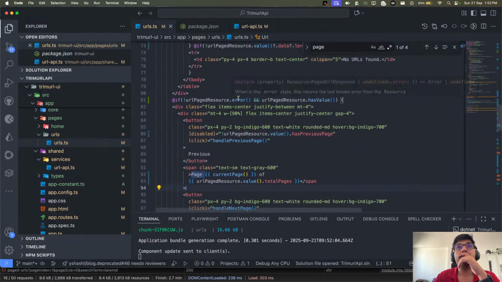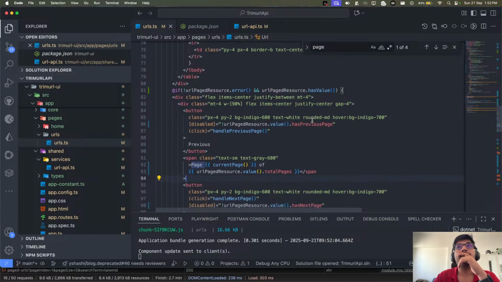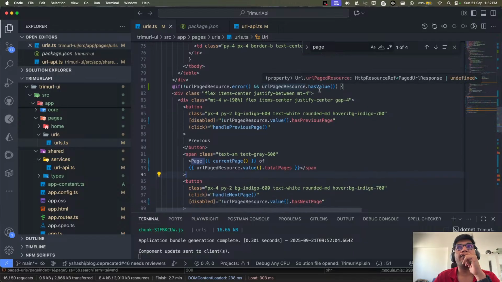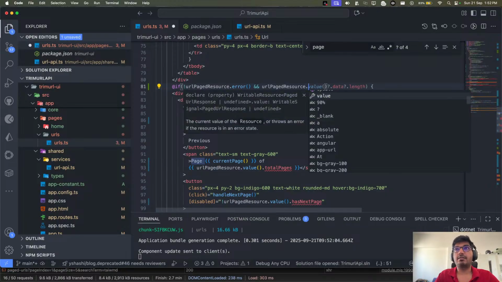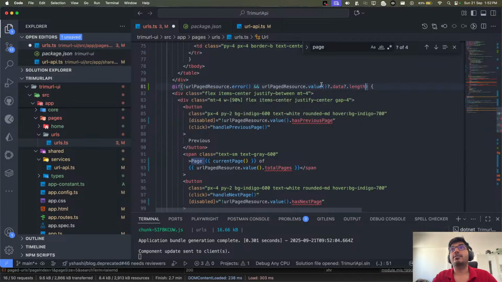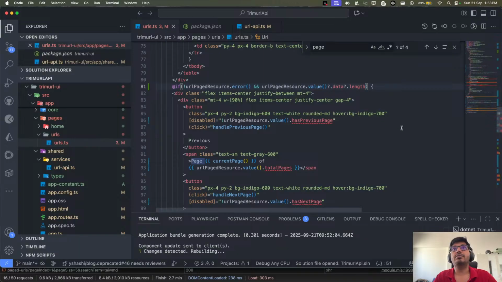Okay, if there is no error and URL page source has a value, then we show this, which is correct. Maybe I'm not sure what exactly that is. If the length should be greater than 0, or I think so, yeah, it is undefined, so that's fine. Maybe we can just keep it like this, because 0 is anyway a false value.